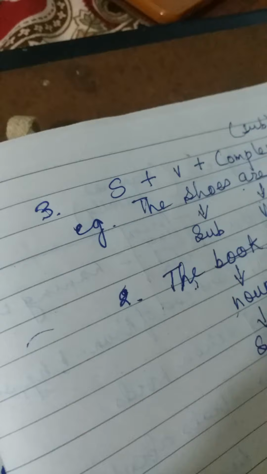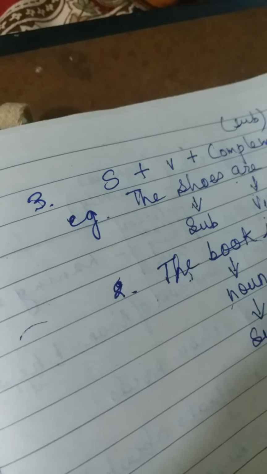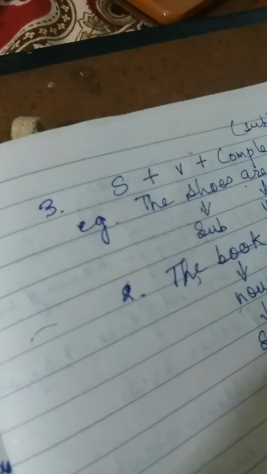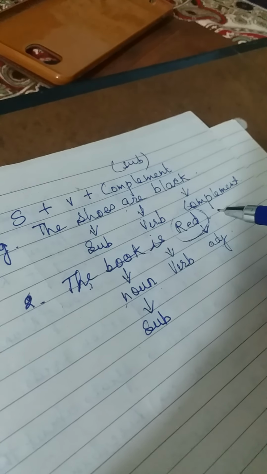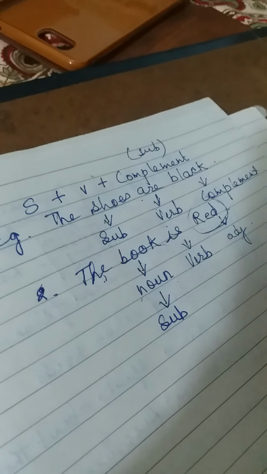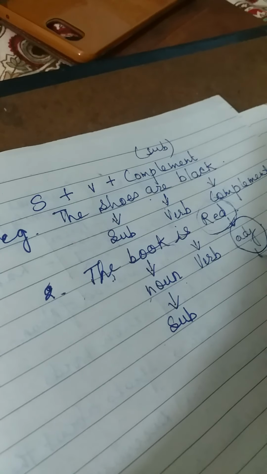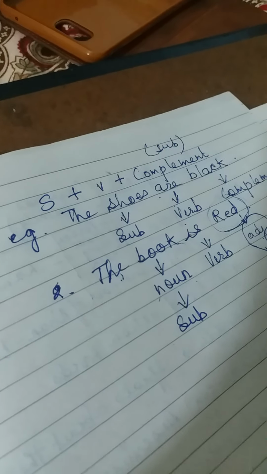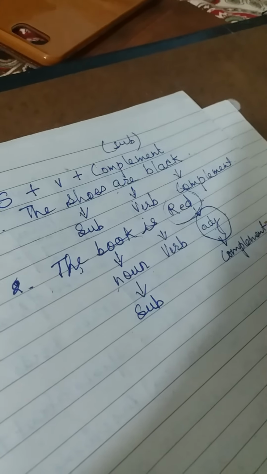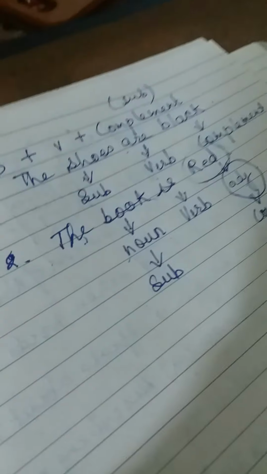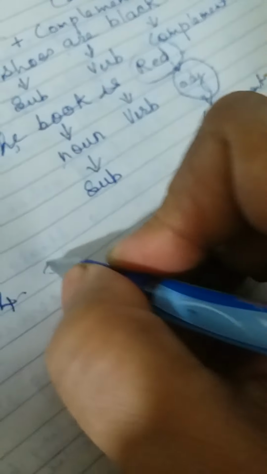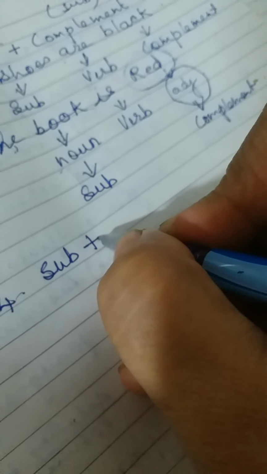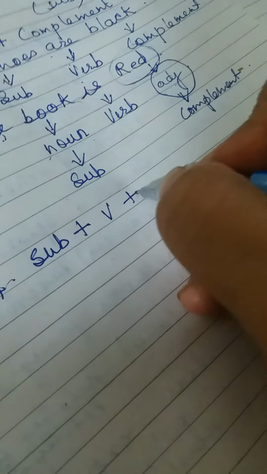But adjective means what? It is giving more information, it is complimenting the book. The book is red. It is saying that the book is red. So an adjective can be a subject complement here too. Okay, it is subject complement, right children? Now the next one. The fourth one is subject plus verb plus indirect object